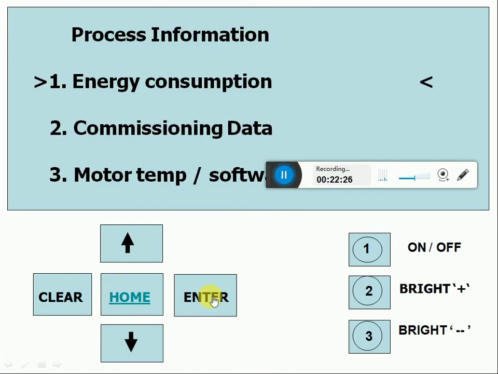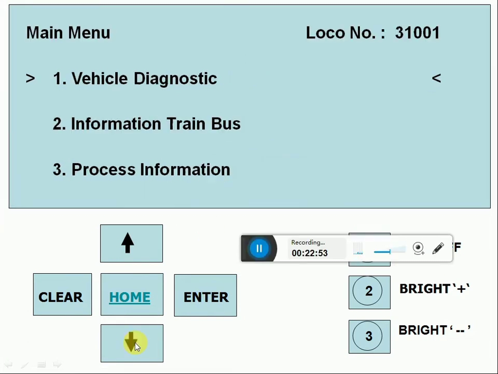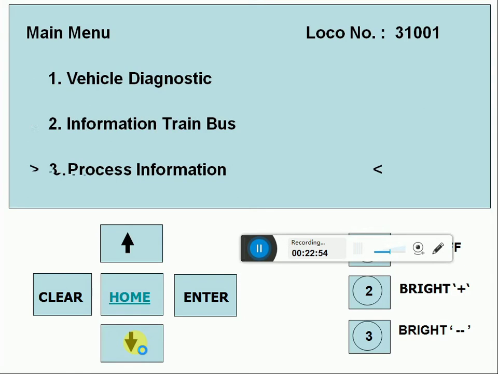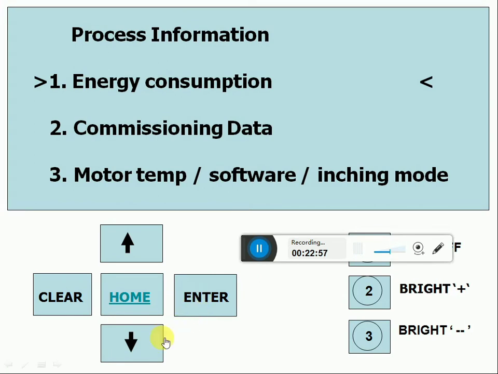Next, for commissioning data, we have to operate the main menu. From the main menu we have to go to process information. Now again enter. So we'll get three things. One, energy consumption, we have already seen. Second one is commissioning data. Third one is motor temperature, software bar, inching mode. So if you want commissioning data, again down arrow,